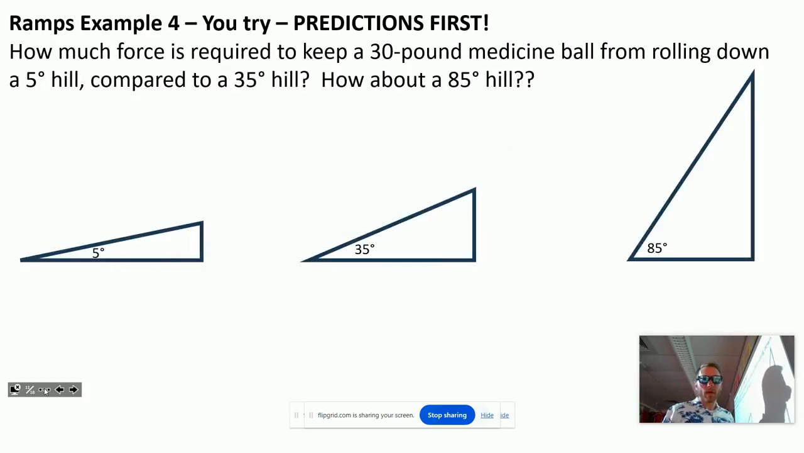I got you finishing one out here as our last ramp problem. So I want you to think about how much force is required to keep a 30-pound medicine ball from rolling down a hill. Think about a 5-degree hill, a 35-degree hill, an 85-degree hill. First, make some predictions. Think about it. A 30-pound ball, how much force is required to keep it from rolling down each of these 3 hills? Pause and calculate it really quick. And your answers are 2.615 pounds, 17.20